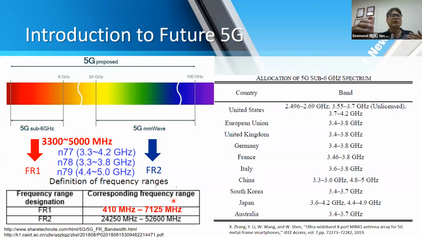And because of this newly released band known as Wi-Fi 6E, and this FR1 that goes all the way up to 7.125 megahertz, right now everyone is trying to change. Especially Broadcom, which has already developed the Wi-Fi 6E chip. And so